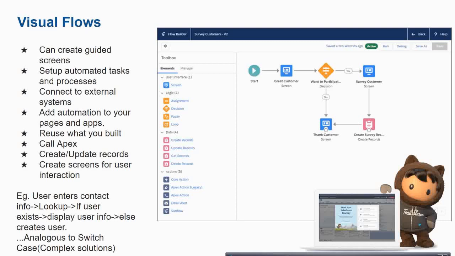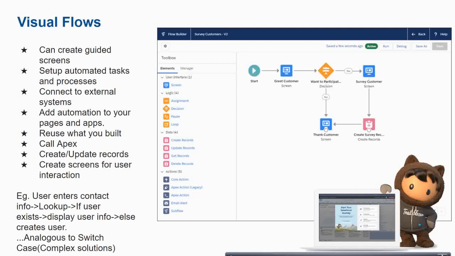Process builder is kind of linear, like an if else statement, and in visual flow you can create logic which is analogous to a switch case statement. You can create pretty complex flows with this tool as well.